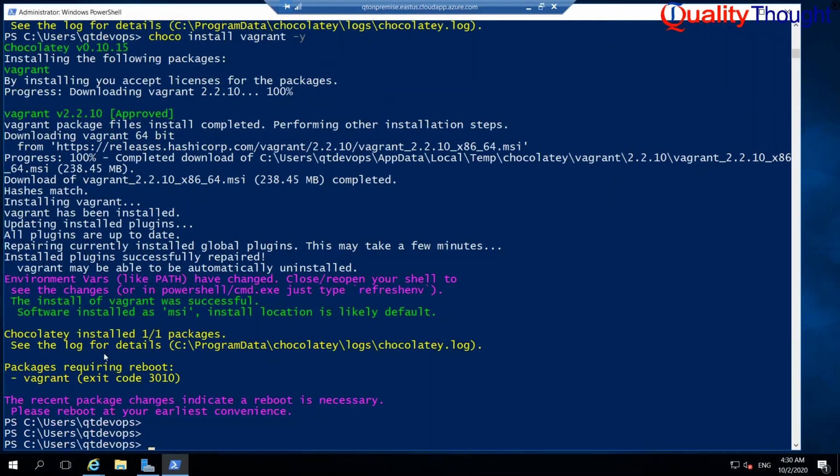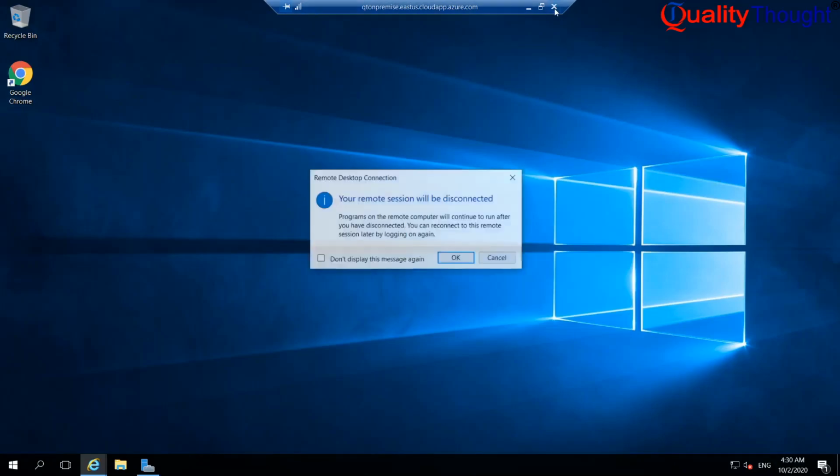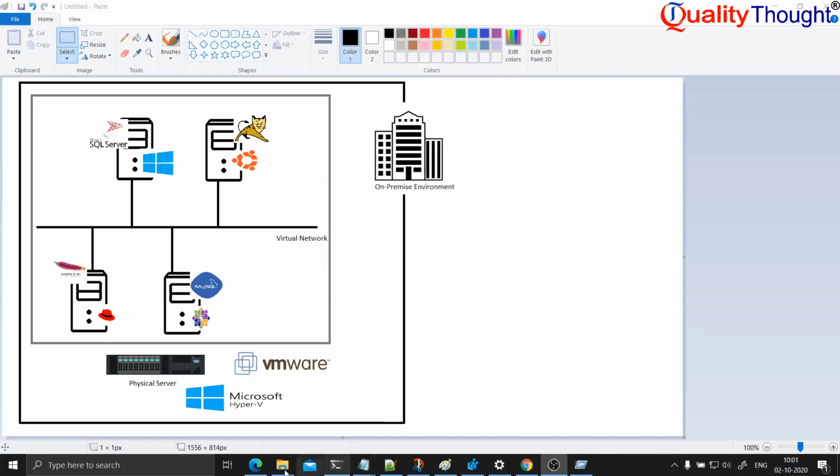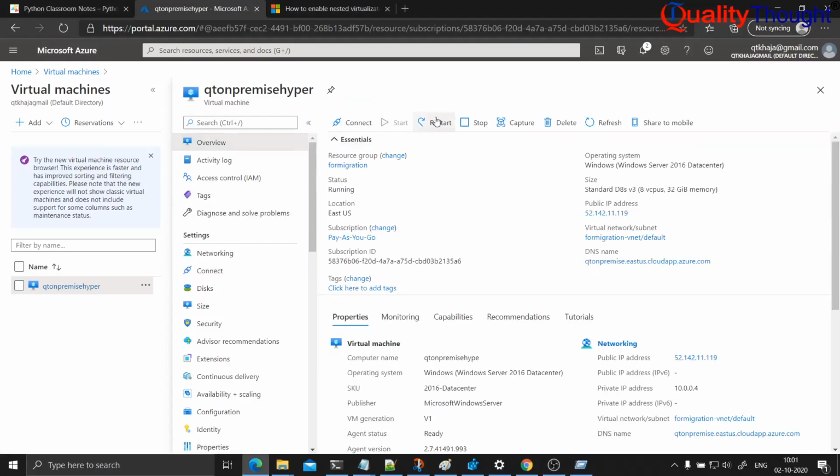Good. It says Vagrant has been installed. Now at this moment we need to restart our machine. So I'll close it, navigate to Azure, go to the overview screen and restart this virtual machine.